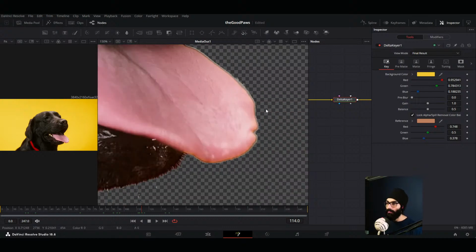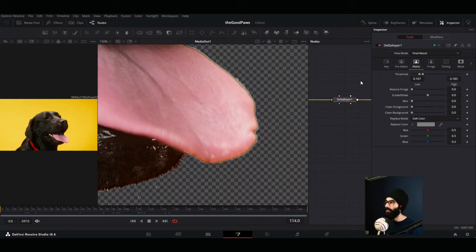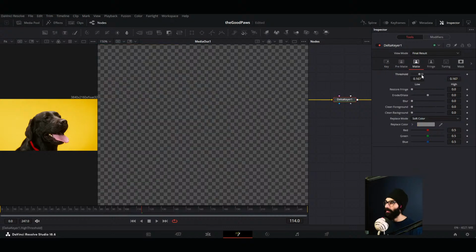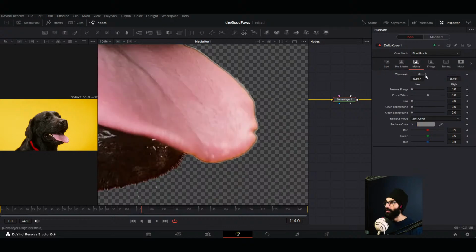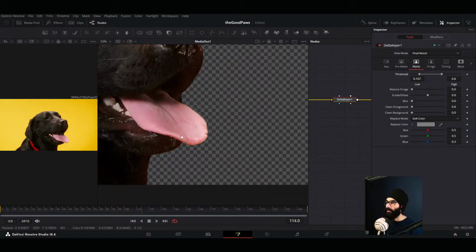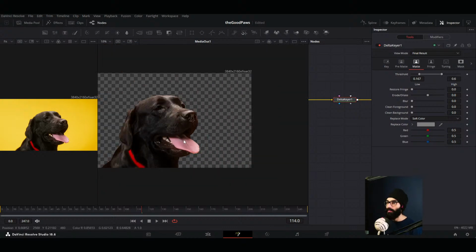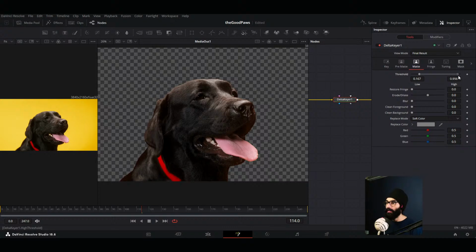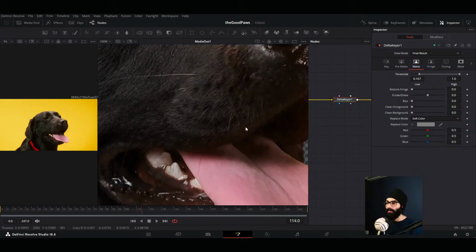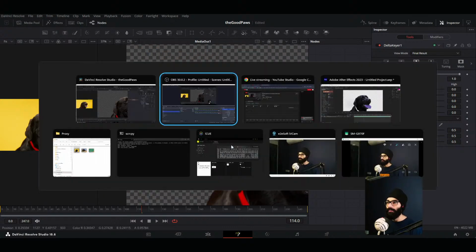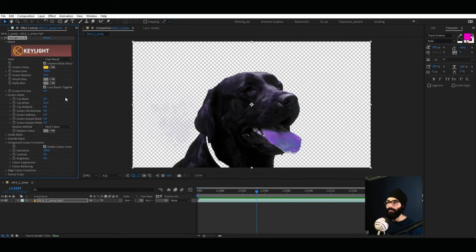A little bit of problem here on the edges that can easily be fixed if you go into matte, and I think you increase this clip weight. And this is good, because the more you increase the clip weight, it's not like it's adding the background back, it's not even considering the background anything, which over here inside After Effects, when I was increasing the clip weight, let me keep this to source, which is the only option that seems to work. If I increase the clip weight,